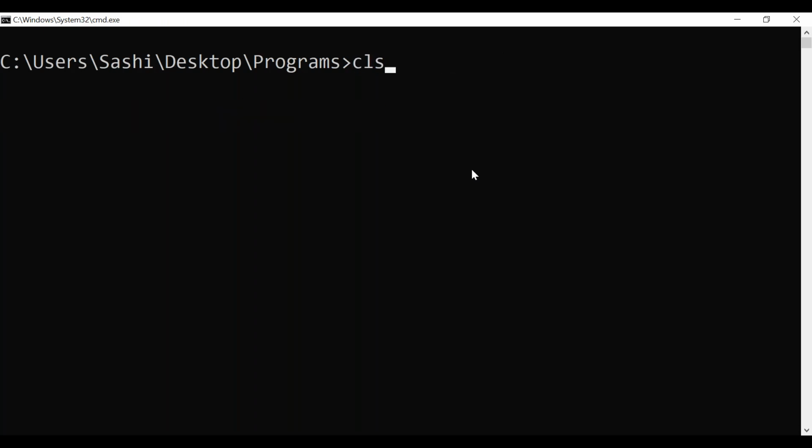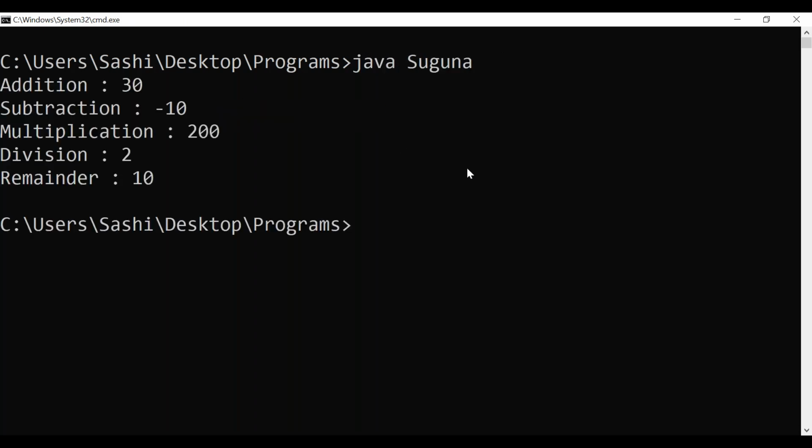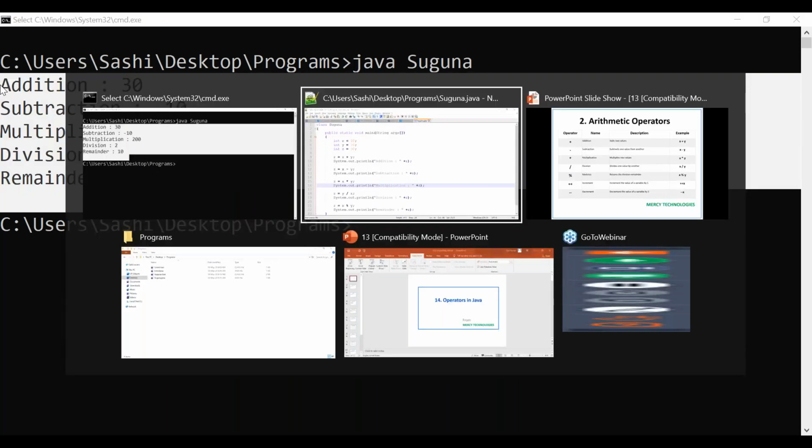Compilation is success. See here. Compare the output with whatever we have mentioned.